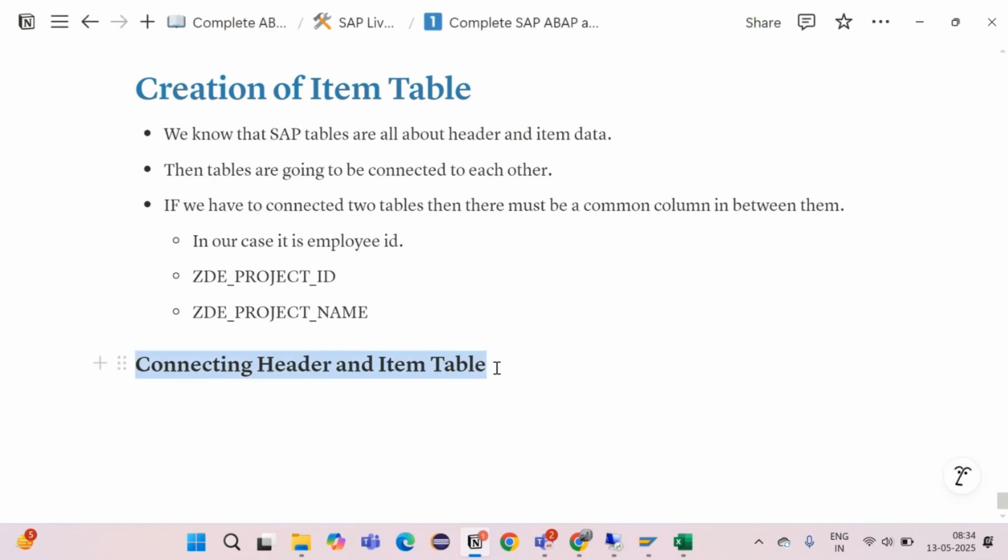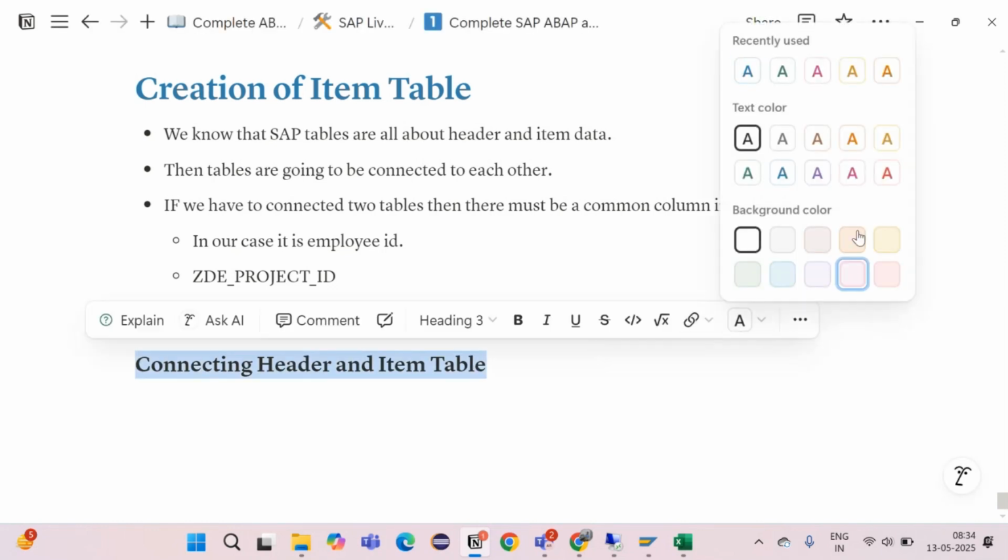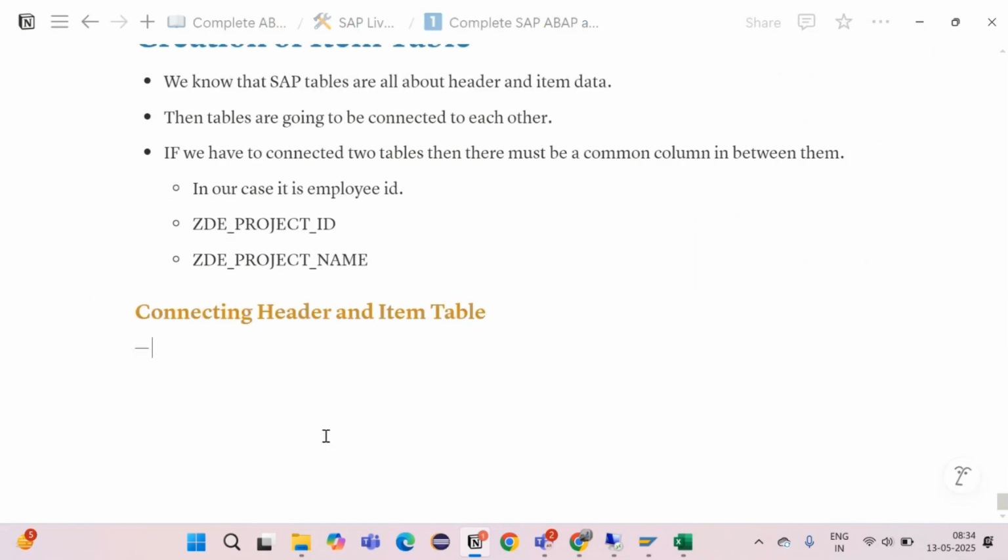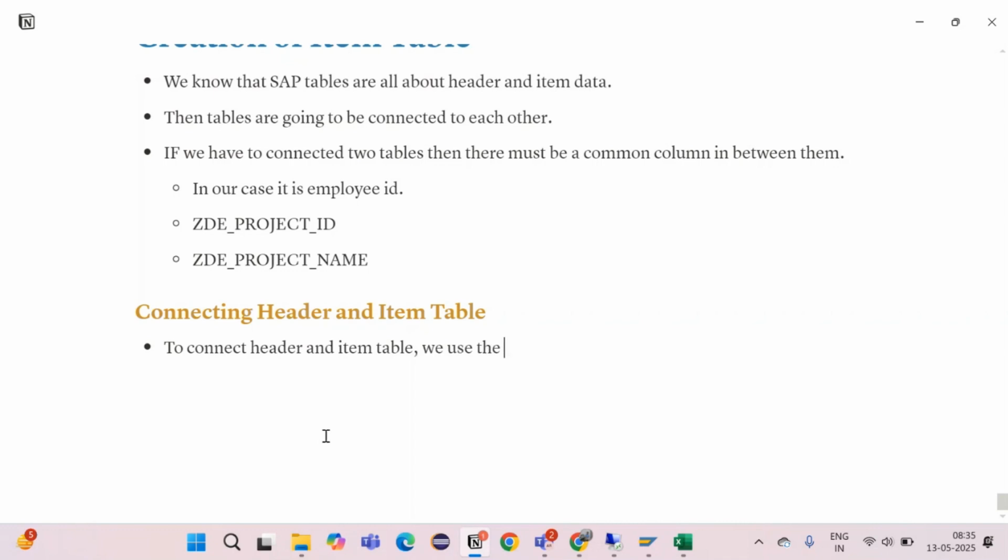Connecting the header and item table. So I will show that. To connect the header and item table, we use the foreign key relationship. And to apply the foreign key relationship,